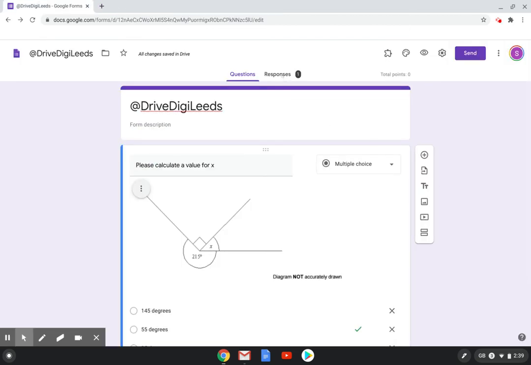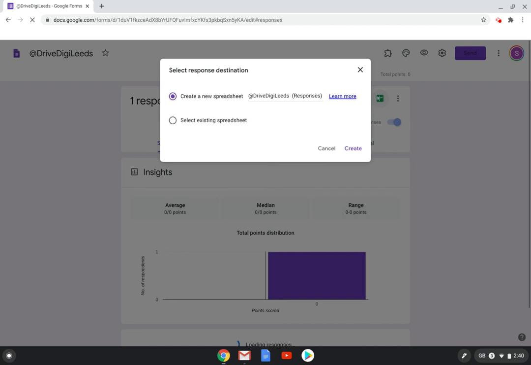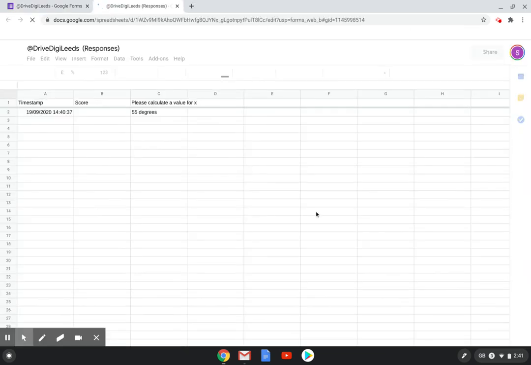I can collate the responses. You can see I've now got one response from that preview into a Google Sheet, and I do that by clicking this plus icon here. When I click this plus icon here, I can select an existing spreadsheet. I've already created a spreadsheet for my entry tickets. I would like these results of my exit tickets to go into the same spreadsheet. So I've linked to the existing spreadsheet,